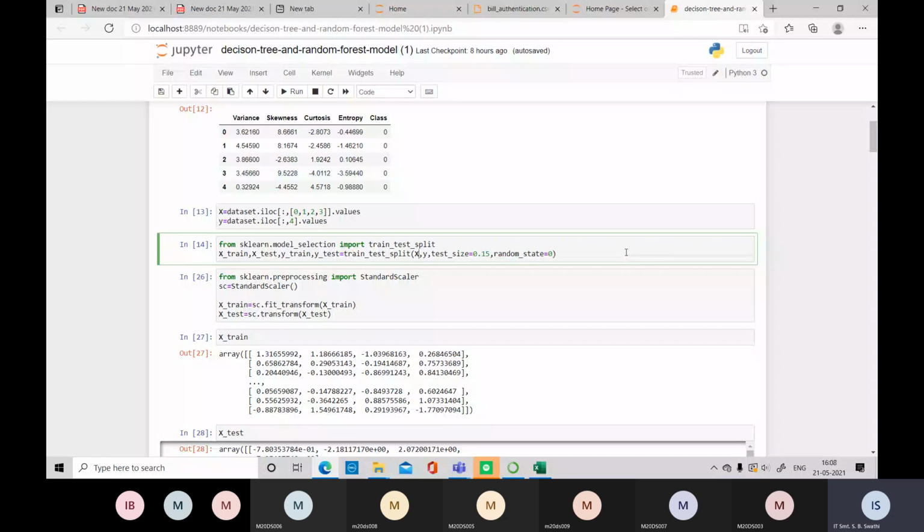If random state is 0, it may take rows 1 to 100 into test, and 101 to 200 it may take under training. If you change it in the next iteration, after executing the total program, and come back and change the random state to 1, then the X test and X train data will change. The same data will not be there. The data may exchange between X test and X train. So that is the meaning of this random state.